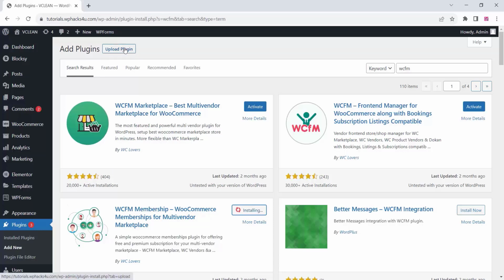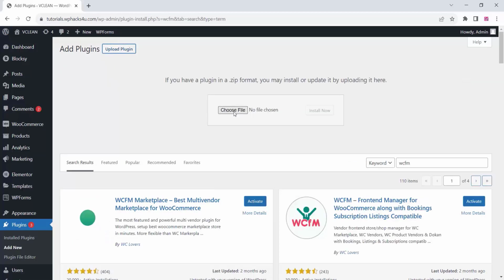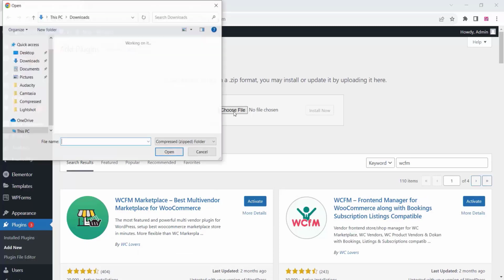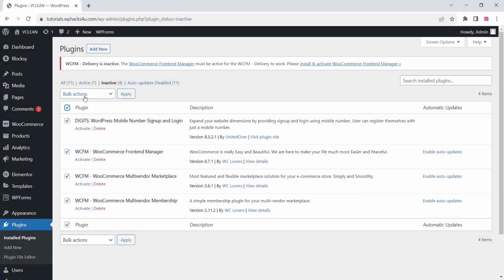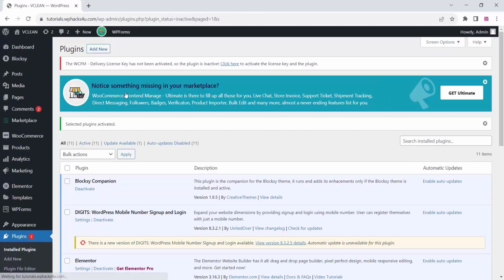So just upload a premium plugin which is an add-on for the WCFM plugin. You can just install that and you can activate the plugins one by one, or you can go to the plugin section and select the inactive section and mark it, and you can bulk activate the plugins. It's super easy. Once the plugin is activated,